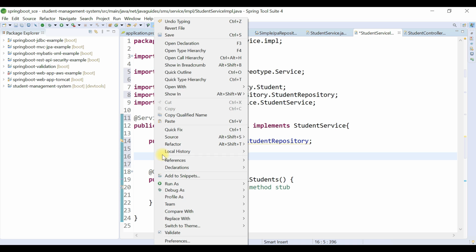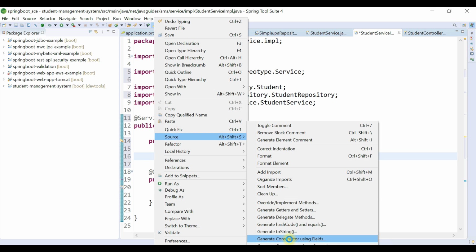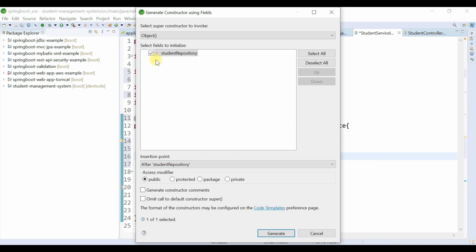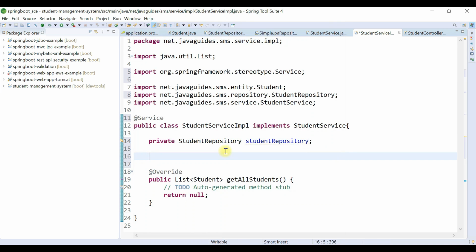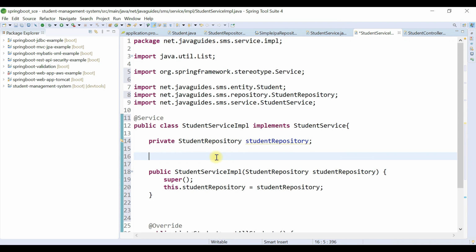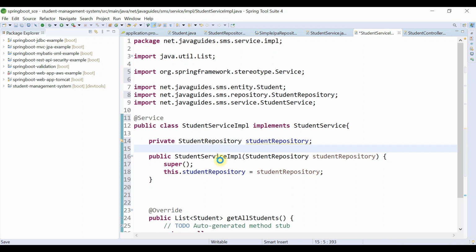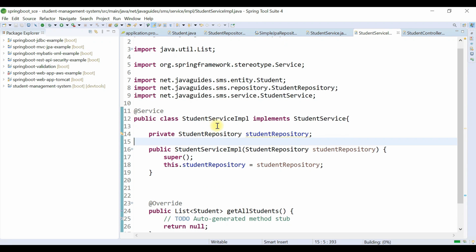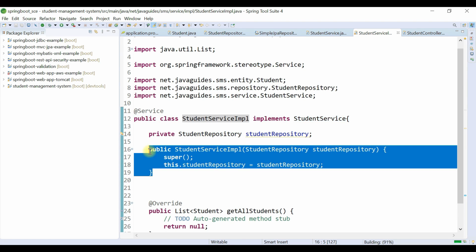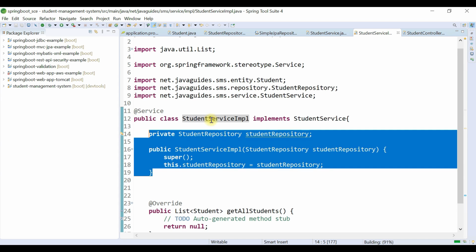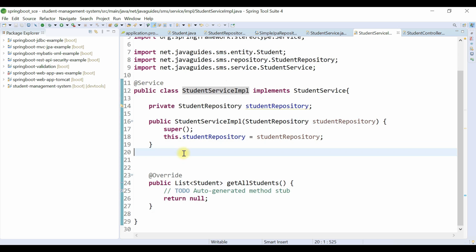Right click, source, and generate constructor using fields. So we have only one field, that is studentRepository. And just remember, whenever the Spring Bean has only one constructor, then we can avoid using the @Autowired annotation. We don't have to use the @Autowired annotation here, because this Spring Bean has only one constructor. Okay, great.